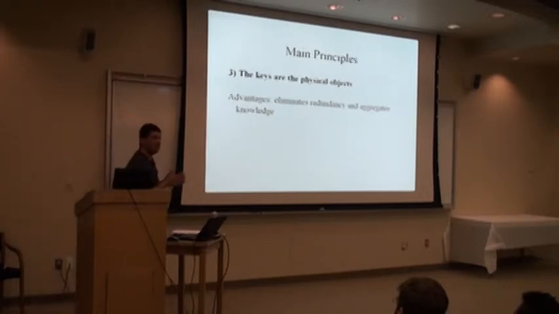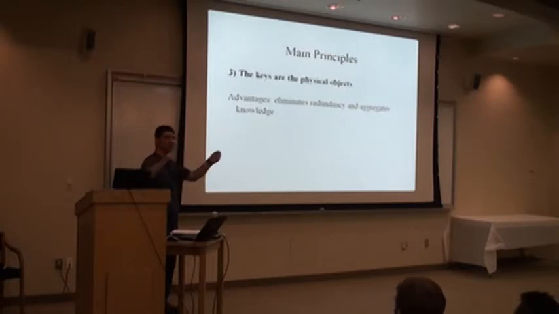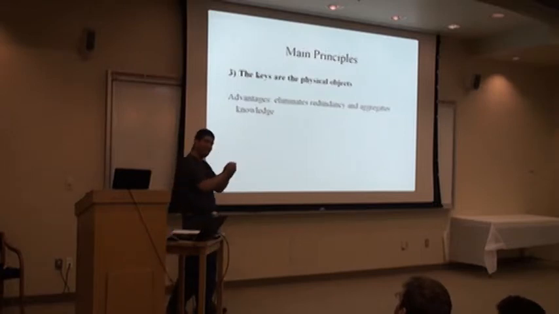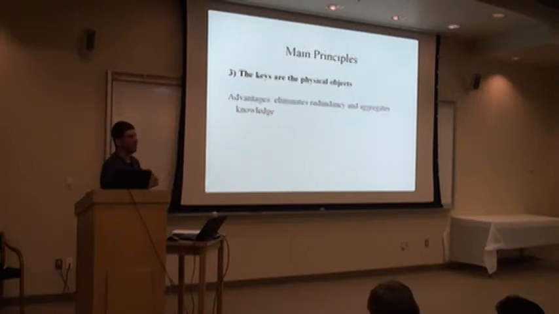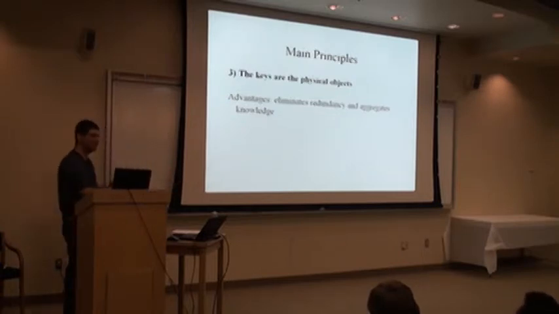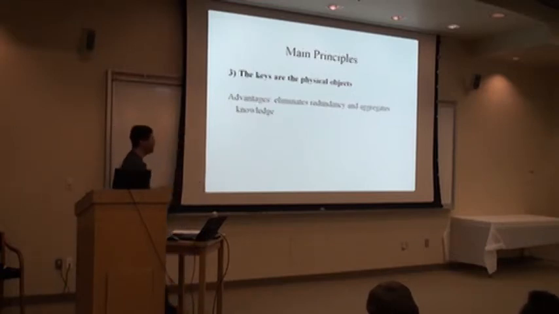we want to determine which entity we are looking at, so we are not using accession numbers, but rather the physical objects themselves are the keys. So in order to figure out that we are looking at the same entity from different databases, for example, when it comes to protein sequences, when we download different data sets of protein sequences from different resources, we look at the actual protein sequence, and if the sequence is identical, then we decide that we're looking at the same entity. There are some exceptions, as always in biology, there's the rule, there's the exception, but in general, this approach helps to eliminate redundancy and aggregates knowledge.